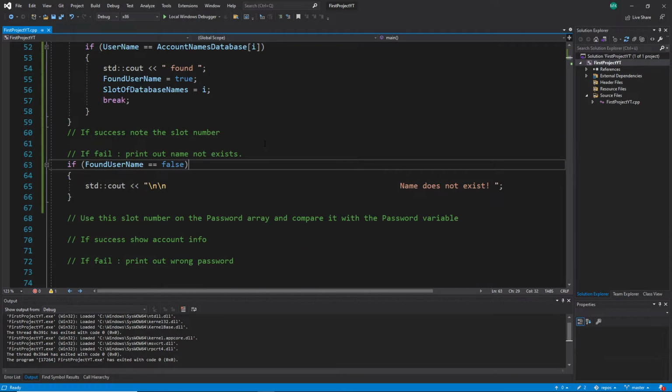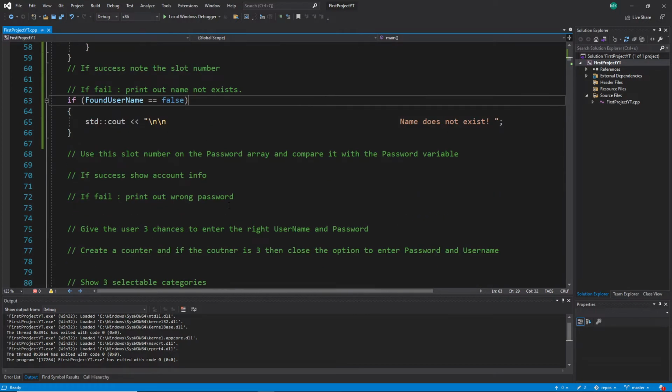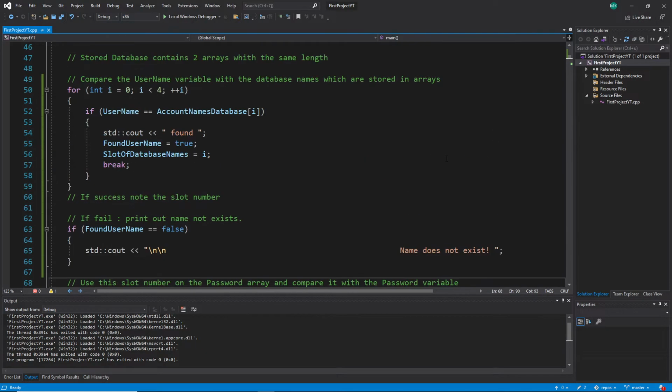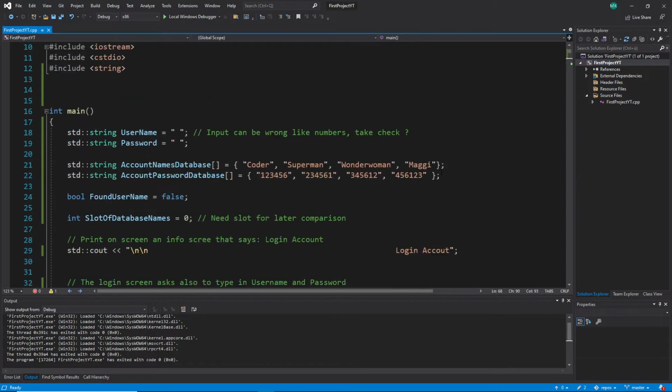Okay, let's continue. What we have to do now is use this slot number and the password array and compare it with the password variable. This one is just my random solution. There are different kinds, better ones. What I'm going to do is, because I know these arrays are the same length, and I know